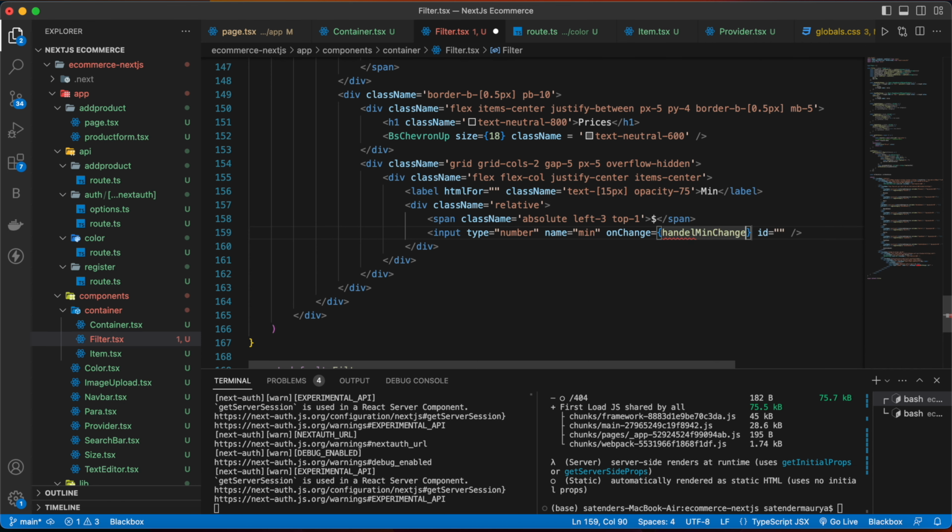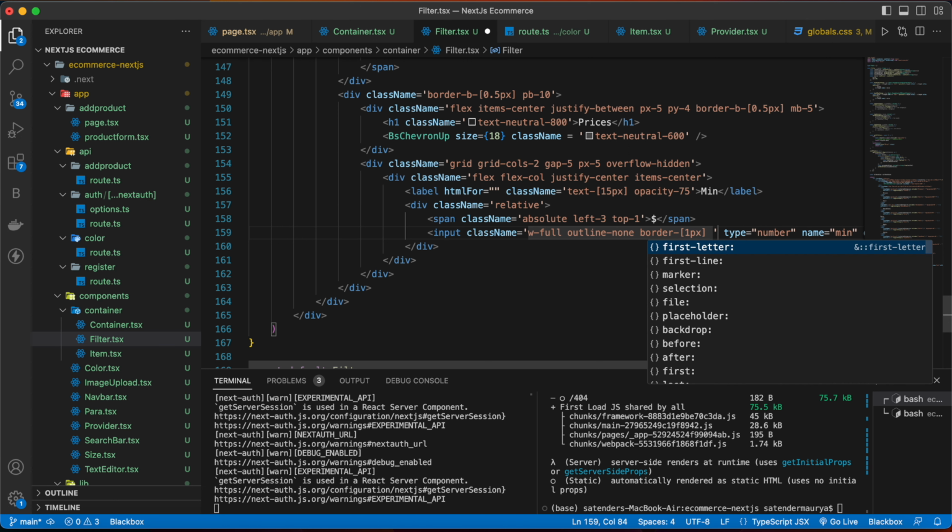Now let's give some classes here. So class name w full, outline none, border of 1 pixel, rounded LG, px2, text center, py of 2 pixels.